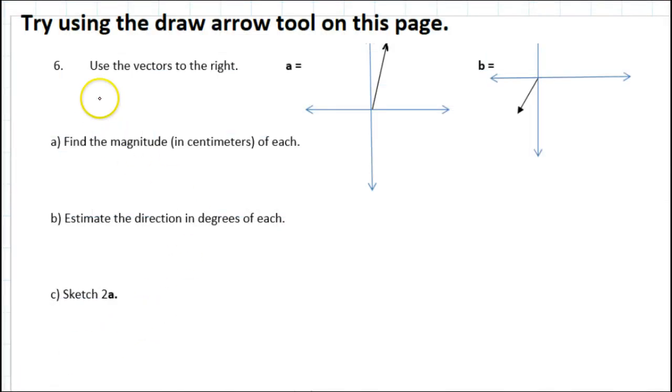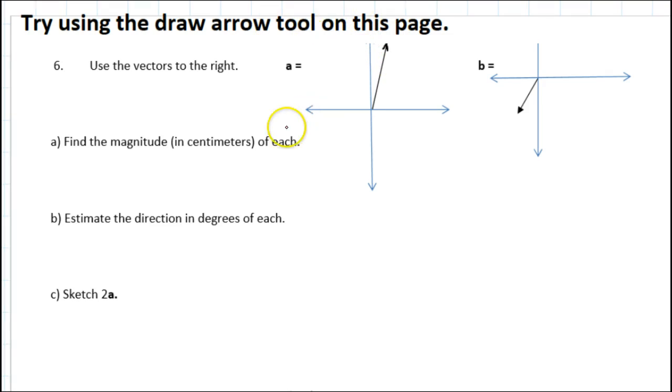Okay, problem number 6. Problem number 6 will continually refer back to these two vectors, vector A and vector B. First we are supposed to find the magnitude of each vector, and the magnitude of a vector is just the length of the vector. So with your view set to 100% zoom, measure this with your ruler in centimeters. Just take a ruler, put it on the screen, and measure it. Make sure you're at 100%